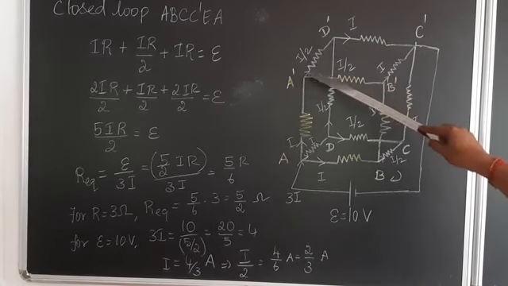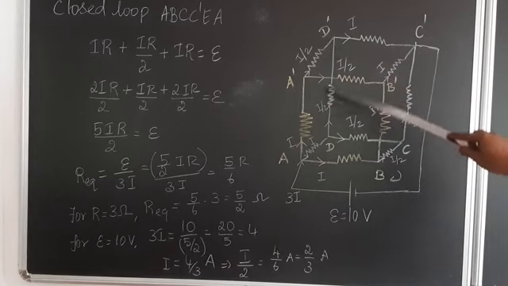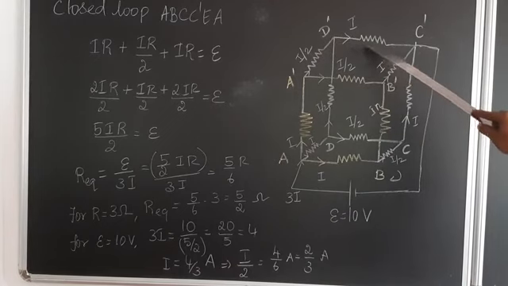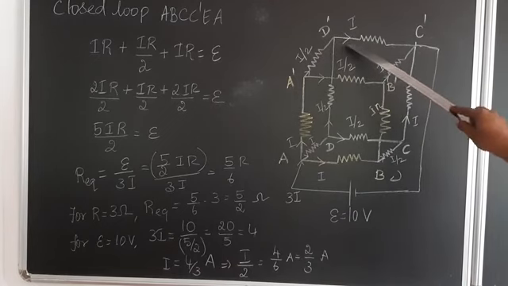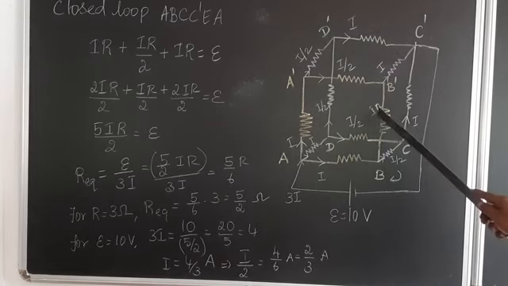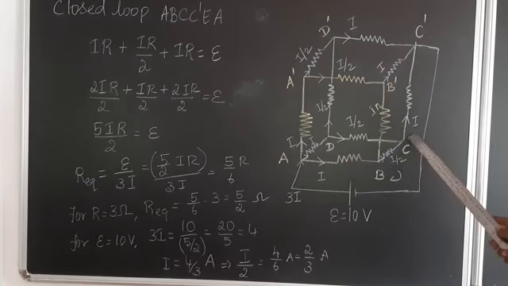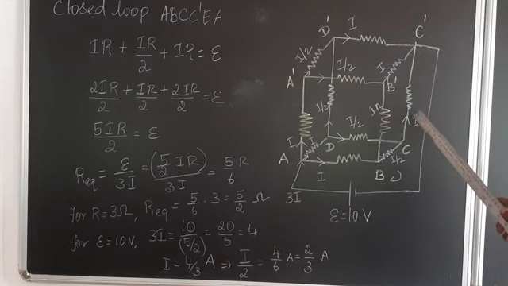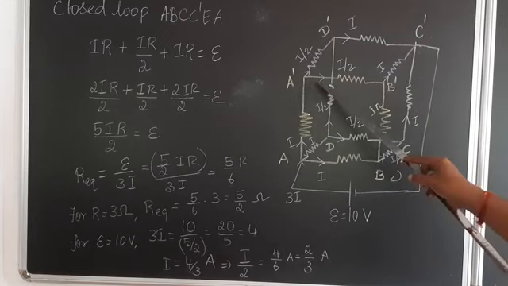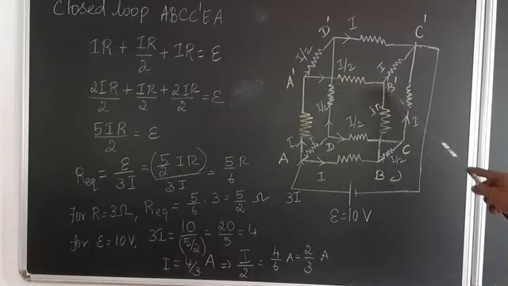At this point this current and this current will be added, therefore the I current will pass here, and similarly I by 2 here and I by 2 here. These two are connected at the point C, thereafter I current passes through this system, and similarly I by 2 current here and here, after that I current passes through B dash C dash. This is the way of understanding this diagram.